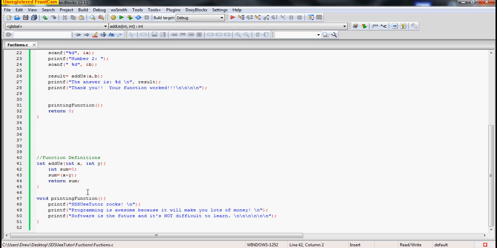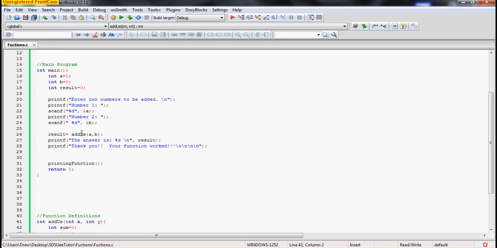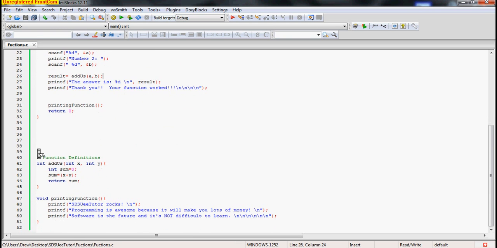Okay, now let's take a look at printing function. This whole thing of return values, a return value makes sense for addUs. We're setting result equal to this, and then addUs should return a value that will be result. But what happens if you don't need a return value? In the case where you have a function that doesn't need to return a value, aka you're not doing math or working with numbers,